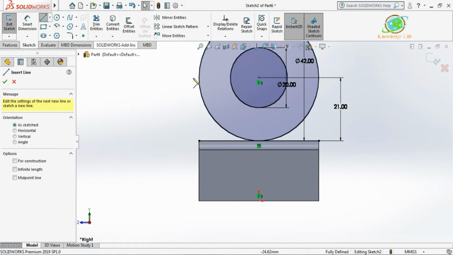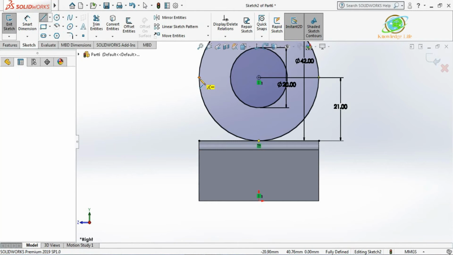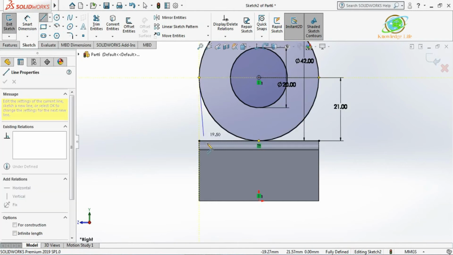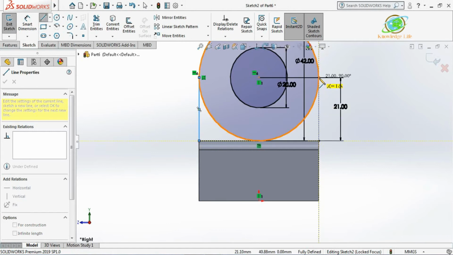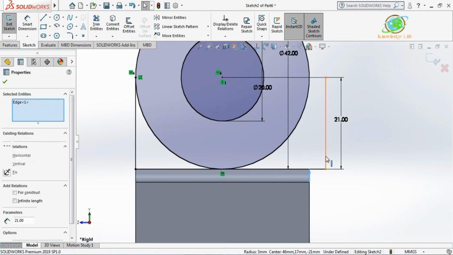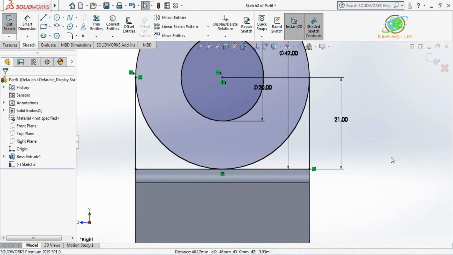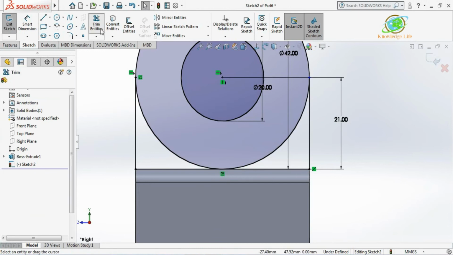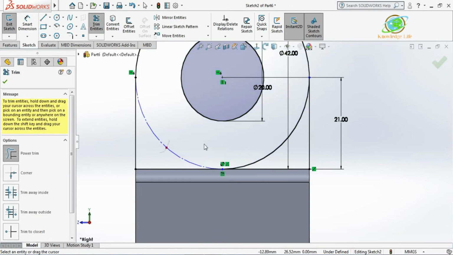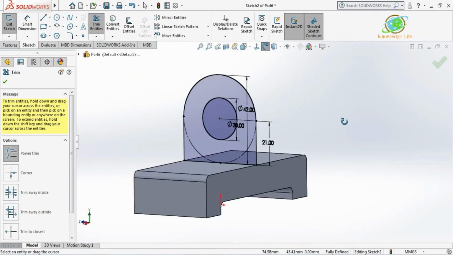I'll just draw one more line from here to this and one more line from here to this point. This and this I'll be giving the relation collinear. Just go with this OK. Now we need to go for the trim tool and we'll trim this portion and this portion. Now you can see here your sketch is fully defined.